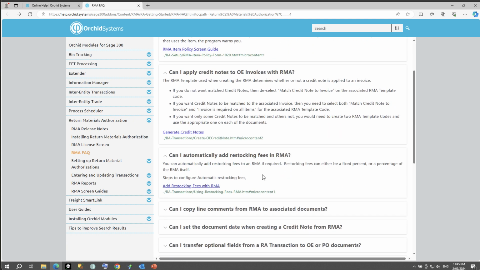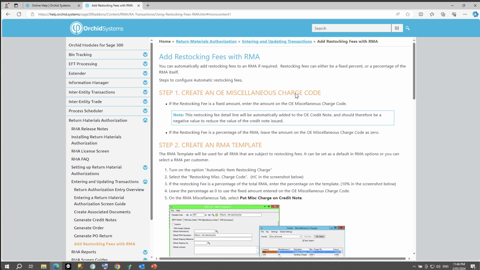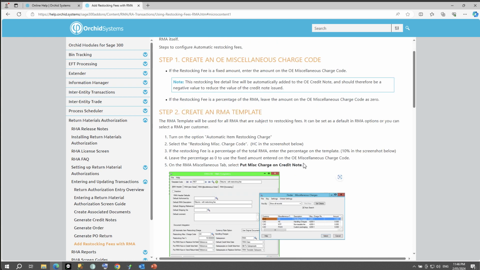Can I automatically add restocking fees in RMA? Again, we've seen this in the earlier presentation. You can do this through the RMA templates. That is the best way to do this. And the steps to add restocking fees, generally you would create your OE miscellaneous charge code, create an RMA template that adds a restocking fee,